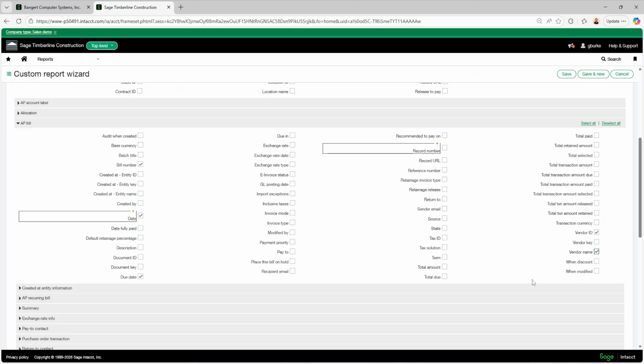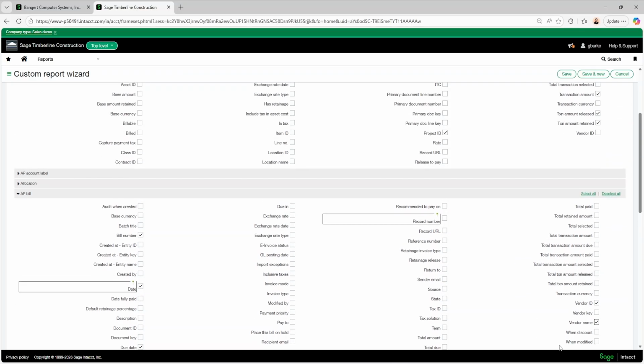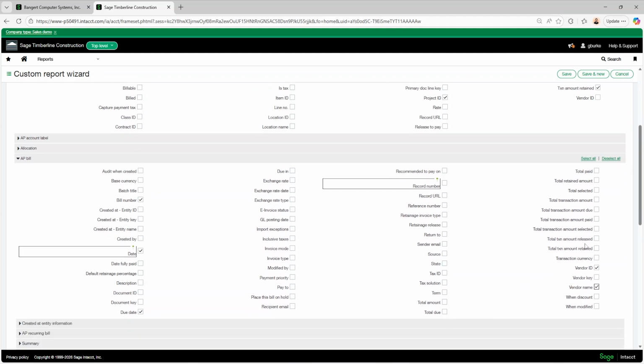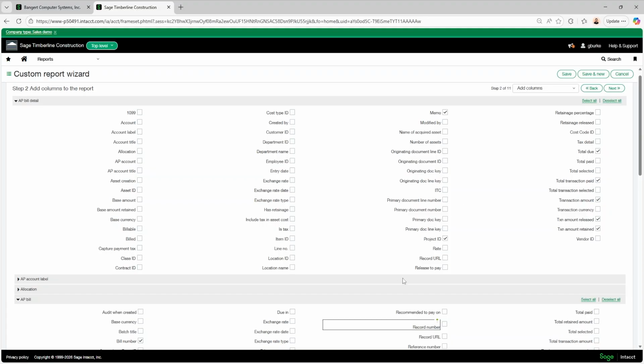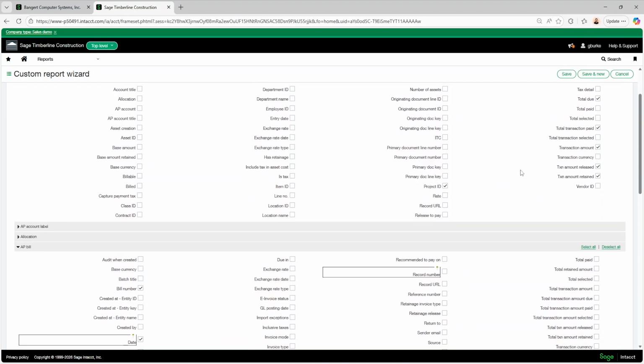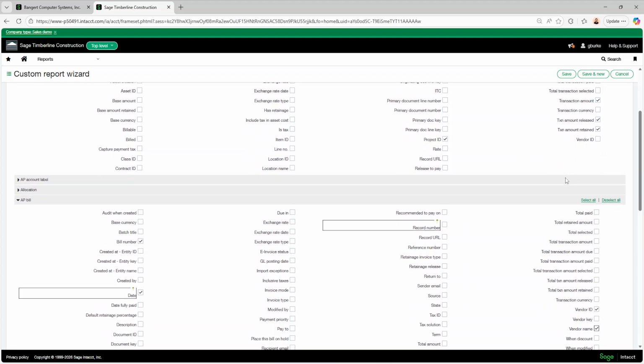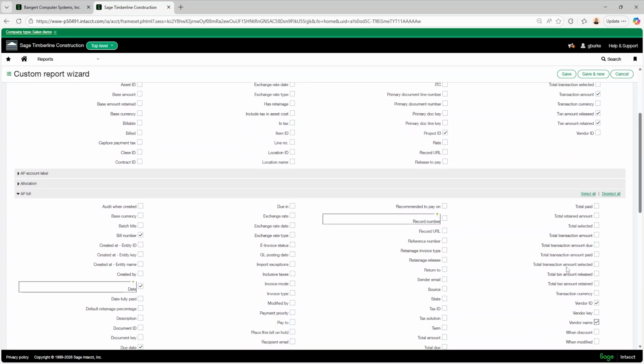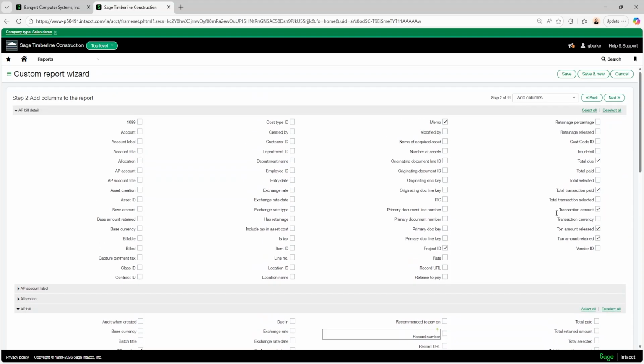One thing to note here is you'll see columns similar to the line level where you have total due, amount released, amount retained. When you're building a report off the bill detail level, it's important that you choose these amounts from the bill detail, as the header information will be the total for the bill, and if there are multiple lines, those totals will repeat and appear inaccurately. Versus if you choose the line level, then you'll see the values for each line, which will add up to the totals on the bill.